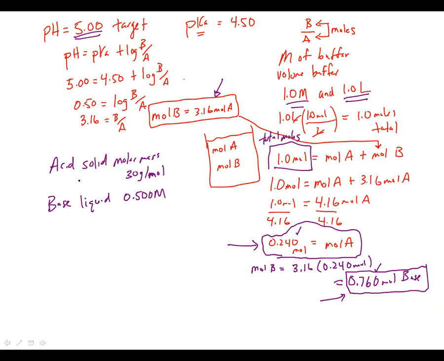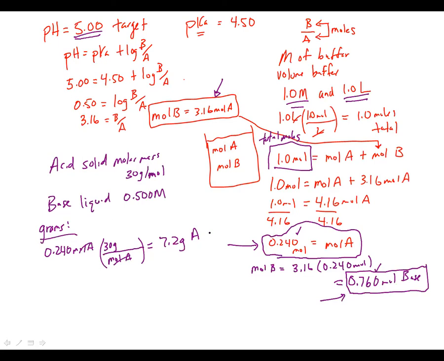So for example, for the acid, since it's grams, we could take the moles that we calculated of what we need for the acid. We could take the molar mass, which you could get from the periodic table if it's not given to you, and multiply by it. The moles would cancel, and in this made-up example, we would have to go weigh out 7.2 grams of our